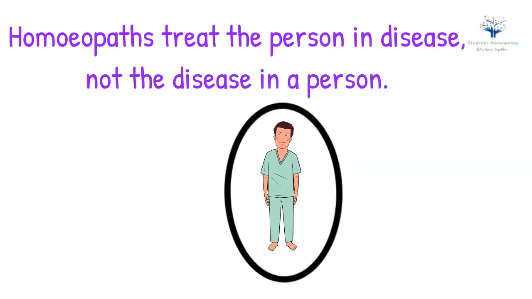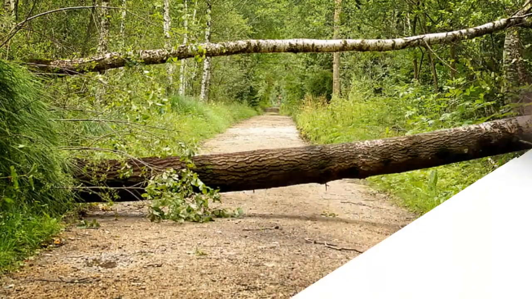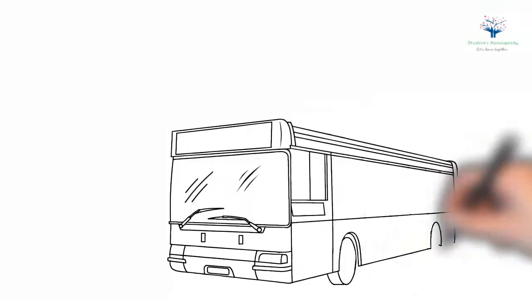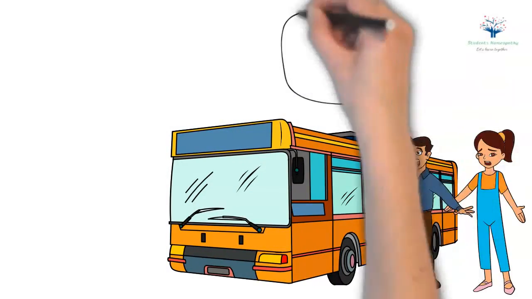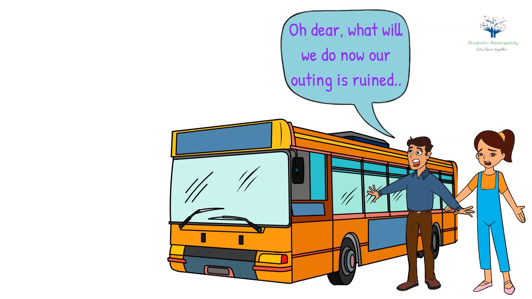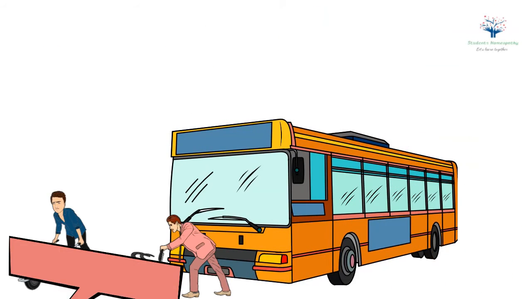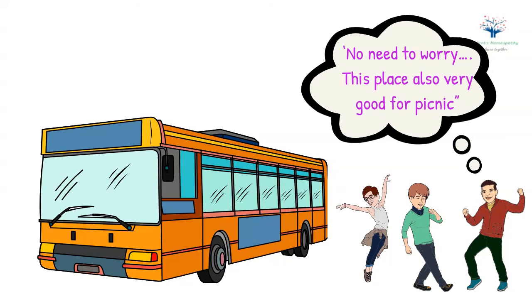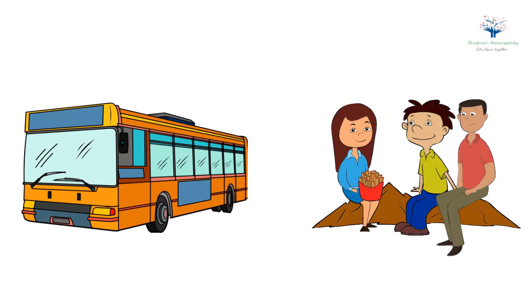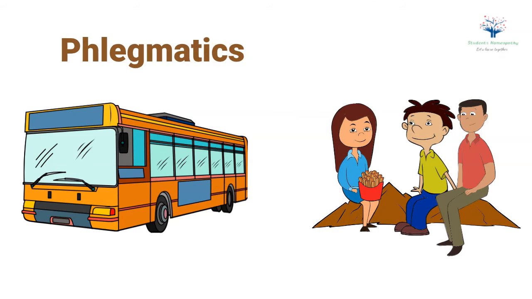Hope in the meantime, you all might have solved the picnic puzzle we have discussed in the beginning. So, let me answer. The first group of students who have started brooding are the melancholics. The second group of students who have boldly jumped to remove the tree are the cholerics. The third group who have started singing, dancing, enjoying and entertaining are the sanguines. And the last group of students who have just observed everything, sitting passively and watched and waited are the phlegmatics.